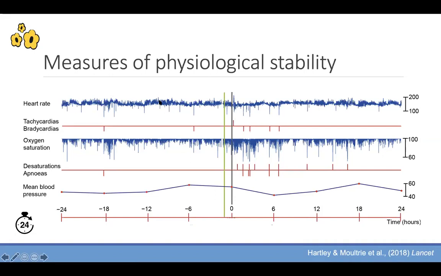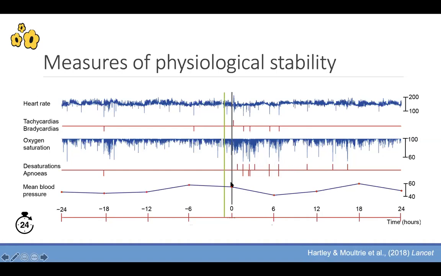You can see we monitored their heart rate for 24 hours before the procedure and 24 hours afterwards. And we quantified when they had these periods of instability, so bradycardias or tachycardia, which you can see straight after the event here, and also decreases in oxygen saturation, where they were having profound desaturations. And you can just see if you take the 12 hours before versus the 12 hours after, in this baby who was given morphine, there was an increase in their instability, and the count rate for their profound oxygen desaturations